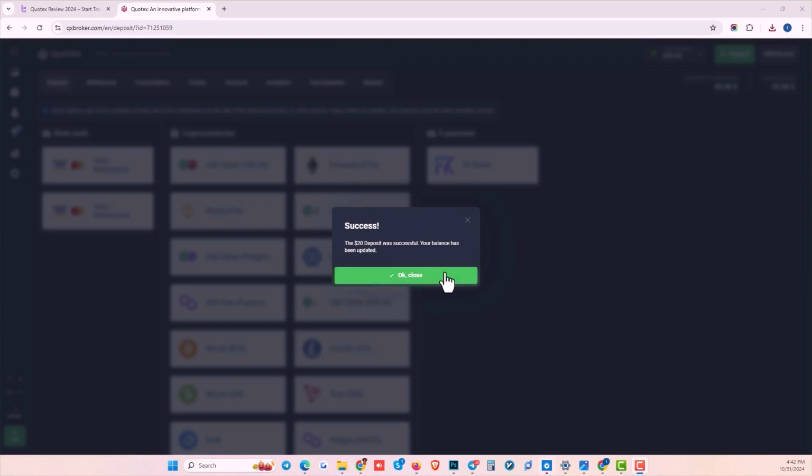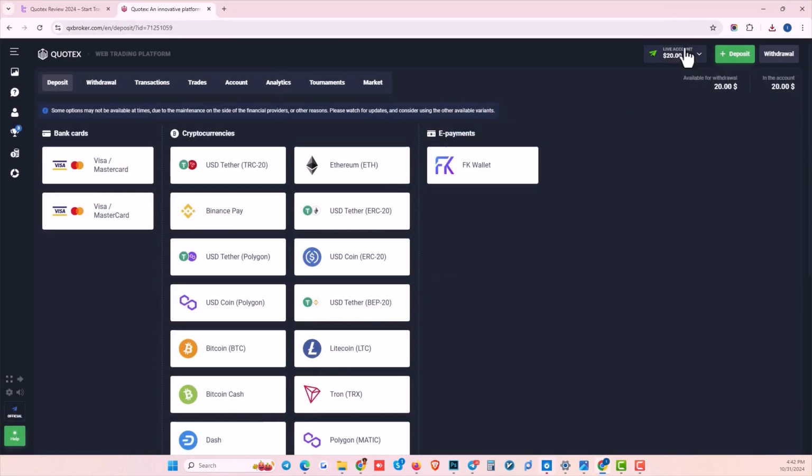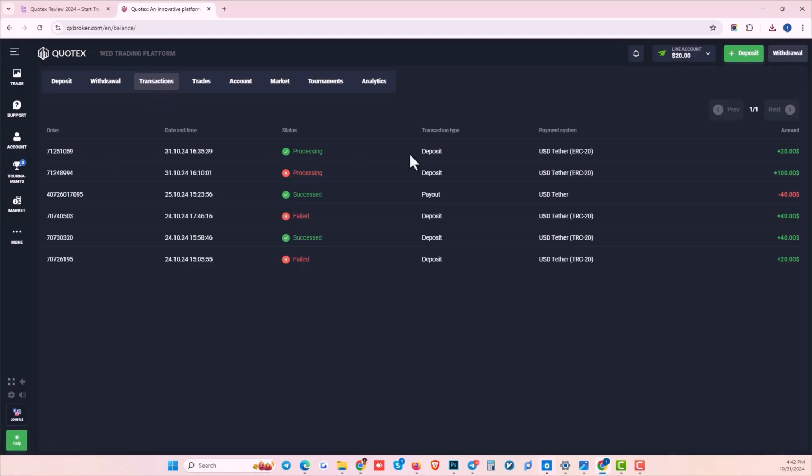You can click on the OK Close option, and in this section, you can also see the amount charged to your account in the Live Cut section. You can also check the status of your wallet in the Transactions section, to see at what time and date the amount of $20 was transferred using Tether